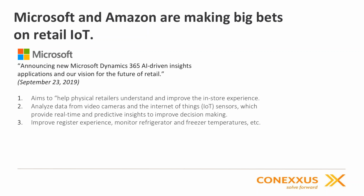They've introduced Microsoft Dynamics 365 AI-driven insights applications, and it's their vision for the future of retail, basically their Amazon competitive set of tools. And despite the fact that this Microsoft Dynamics set of tools has a wide variety of use cases, the specific woman who is leading this effort has a primary focus on retail. And she's talking about things like analyzing data from video cameras, and once again, touching some of those other use cases we already mentioned, like improving the register experience, making sure there's a cashier there, monitoring freezer temperatures,